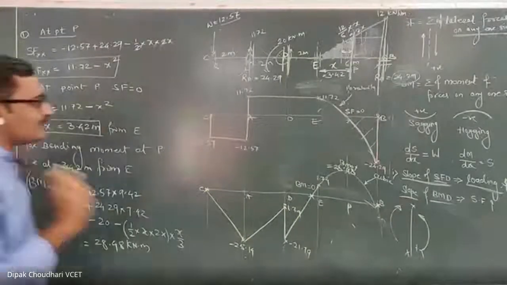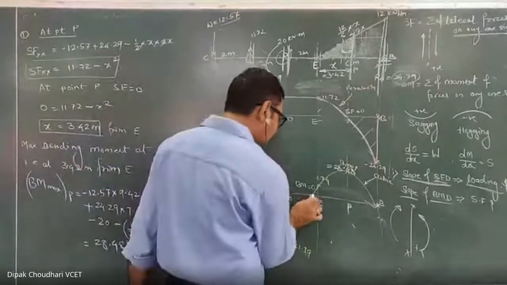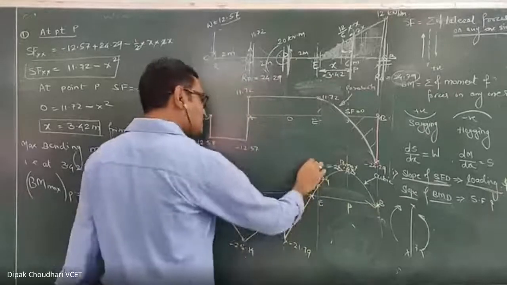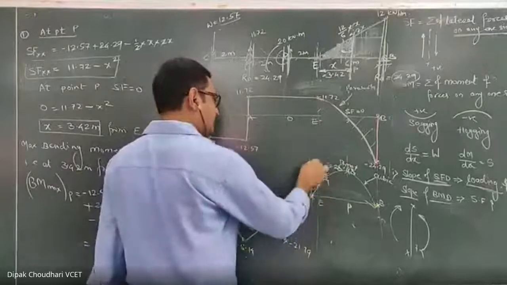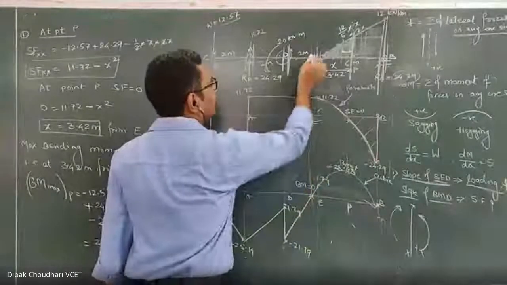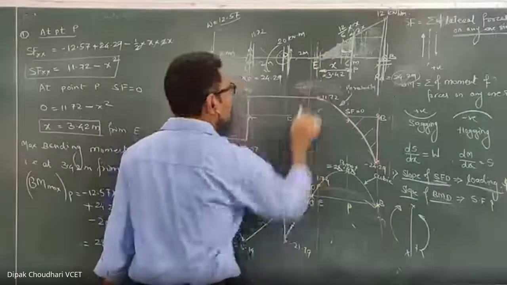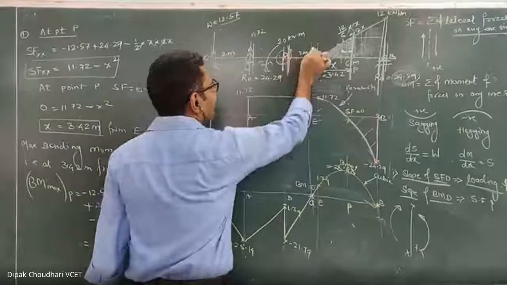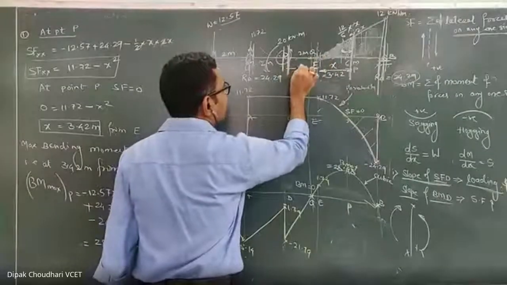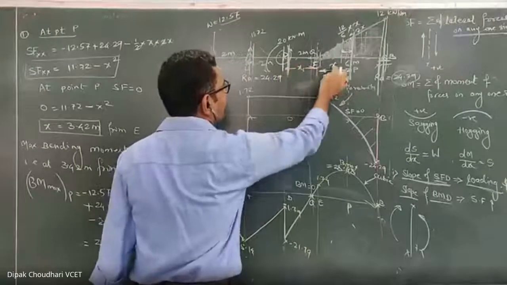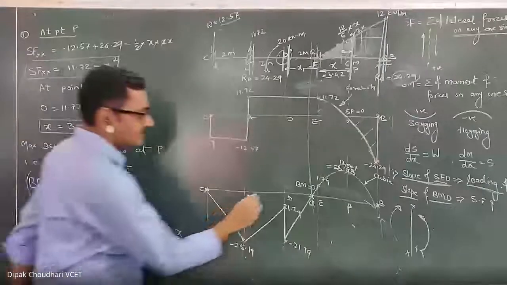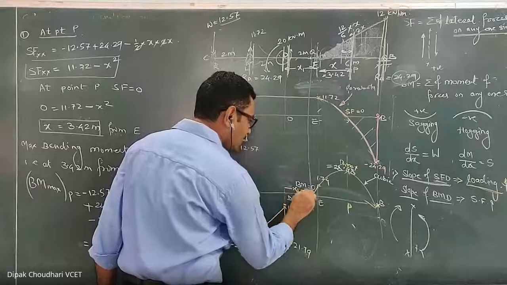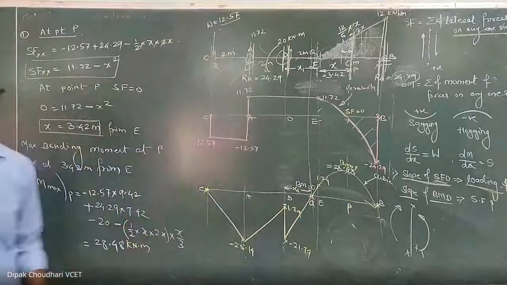Yeah. So if there is a point of contraflexion, you need to locate its position also. You need to calculate its position too. So let this point of contraflexion, which is in between D and E, be here. I am projecting it here. Let this point be Q. I am writing it here, Q. Let this point Q, point of contraflexion, be at a distance of x1 from D. Here I used x, so here I use x1. This distance is x1. So we need to calculate exactly what is the position of the point of contraflexion.